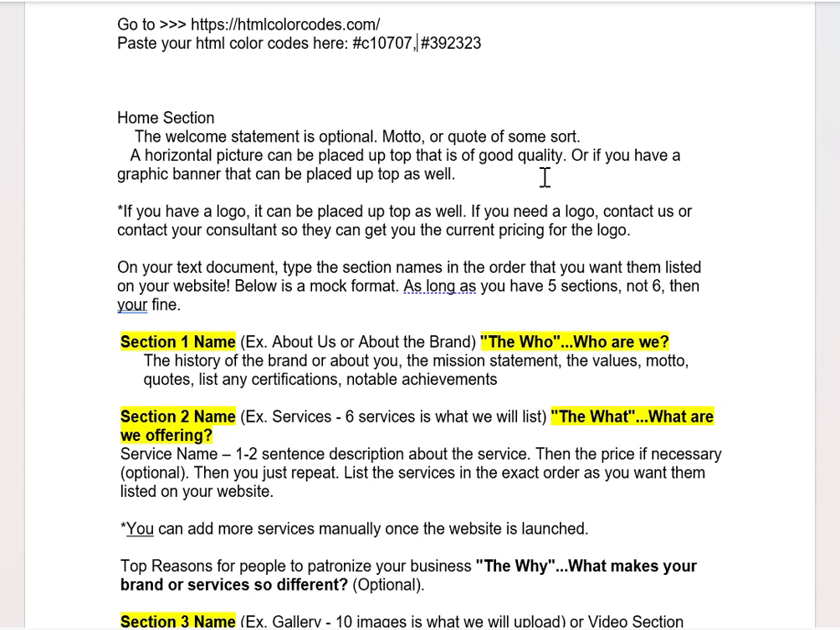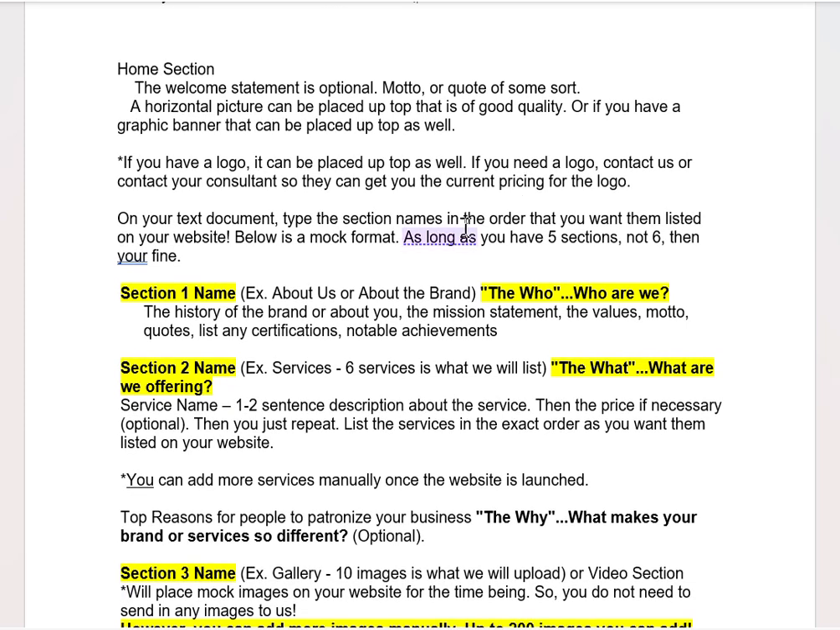Okay. If you have a graphic banner, that can be placed up top as well. If you have a logo, it can be placed up top as well. If you need a logo, please contact us or contact your consultant so they can get you the current pricing for the logo. Logos take anywhere from 3 to 5 business days to actually be created. Black and white and color logos, anything from color logos such as 1 color, 2 color, 3 color, 4 color. If you need a vector logo, if you need a transparent logo, everything that we do is high resolution